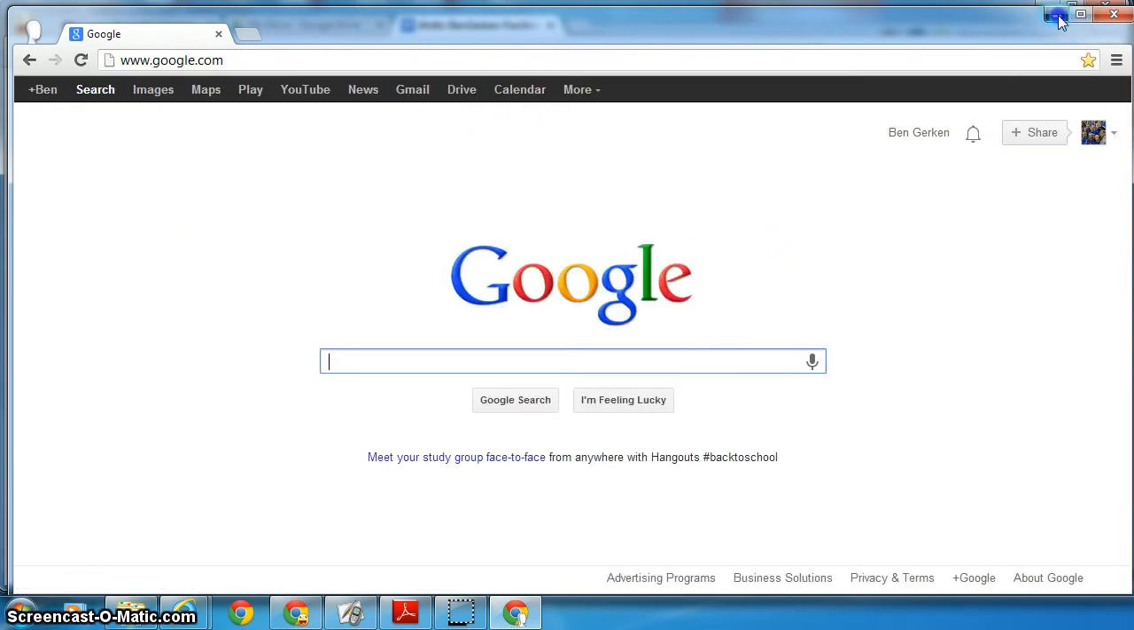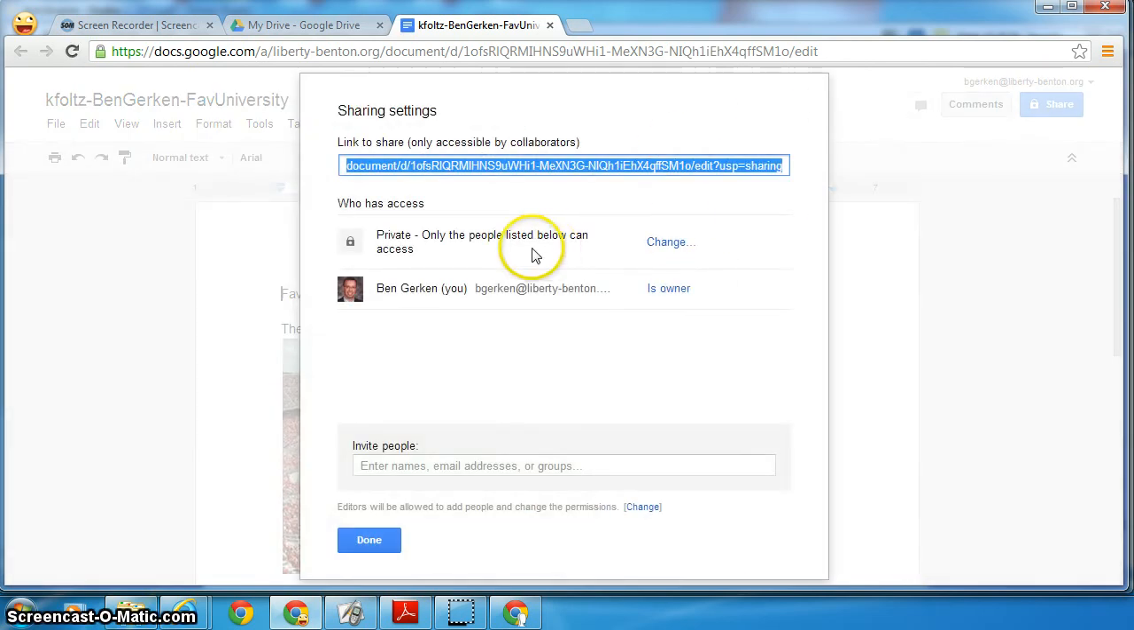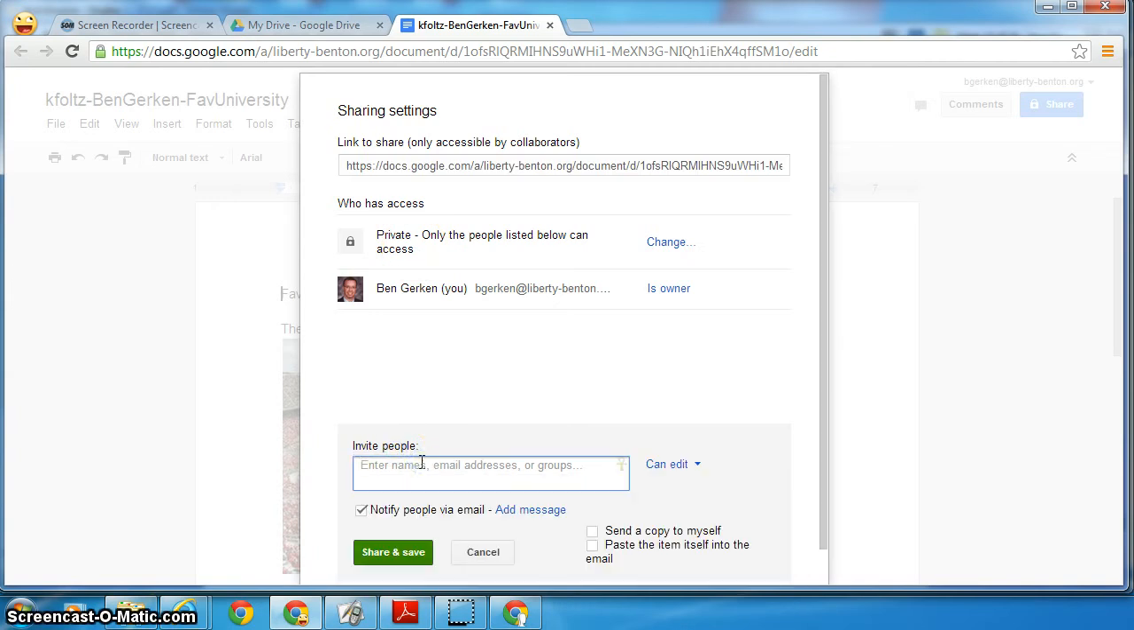I'm going to actually share this. So I'm going to go back and show you how to share this document. So I'm back in this document. I just logged in so you can see what it looks like when I share it. I want to go to Share. And right now I'm the author of this document who has access. Right now it's private. I'm going to invite someone. So I'm going to invite